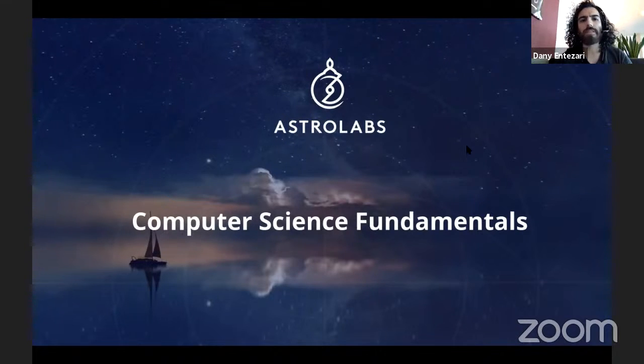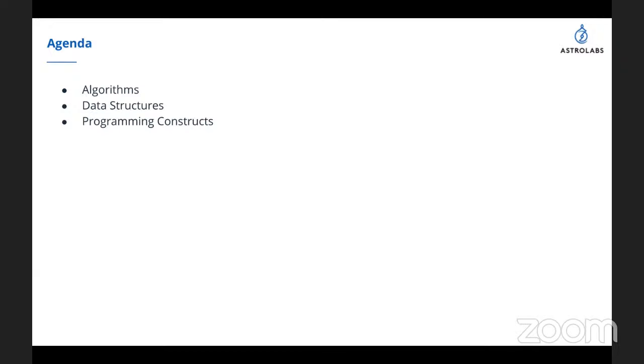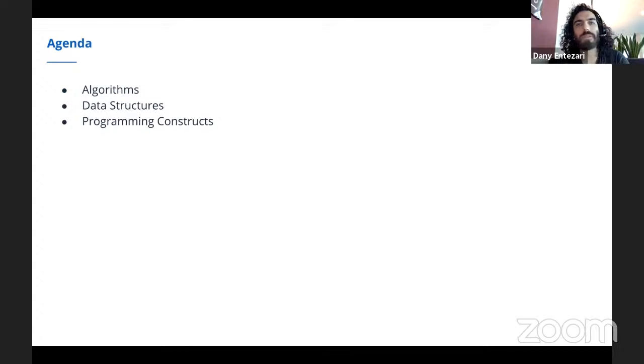All right, but let me set up the agenda for you and tell you why we want to look at things a little more theoretically. The reason is, if you do understand fundamentally how computers work, then you can work from first principles to solve any problem that has to do with computers, in particular application development and writing software in general.